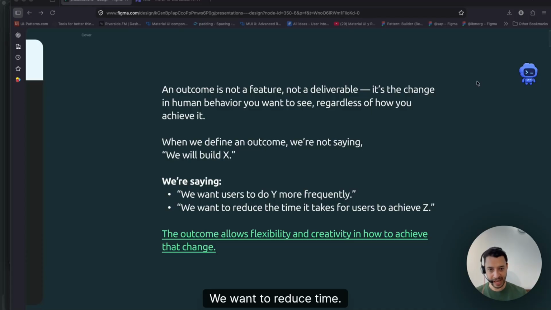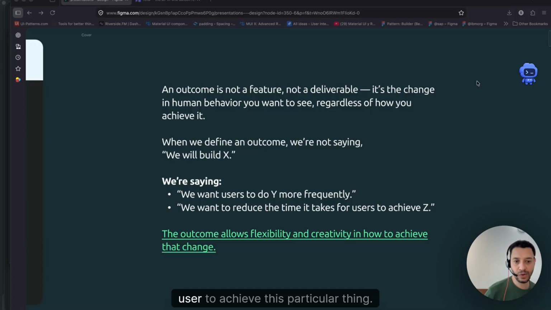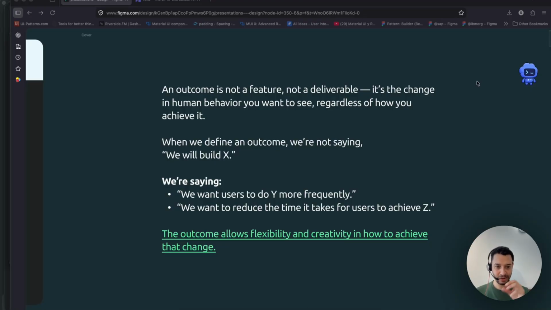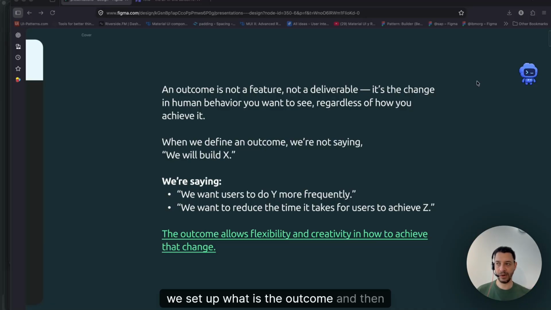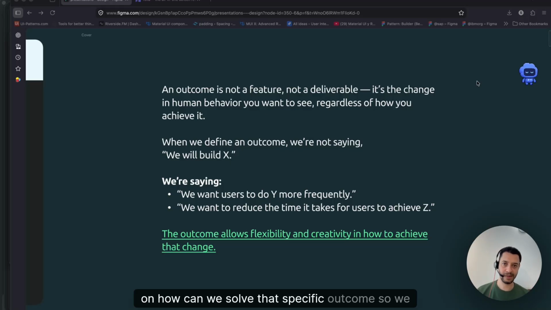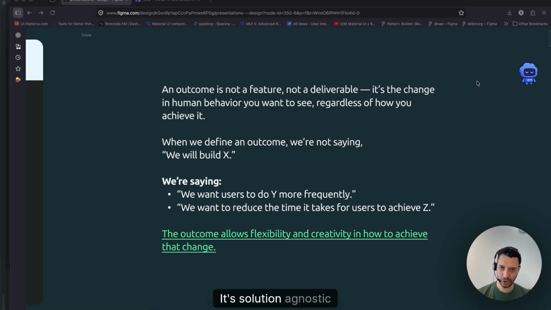We want to reduce the time it takes the user to achieve this particular thing, right? So outcomes allow flexibility in how to drive the change. We set what the outcome is, and then we can test different ideas on how to solve it. So we are not tied to or in love with a specific solution. It's solution agnostic in that sense.